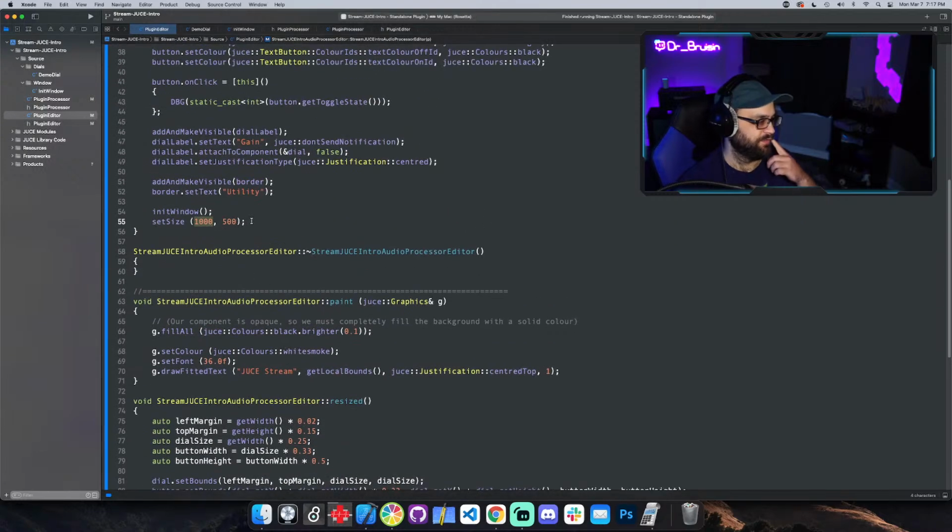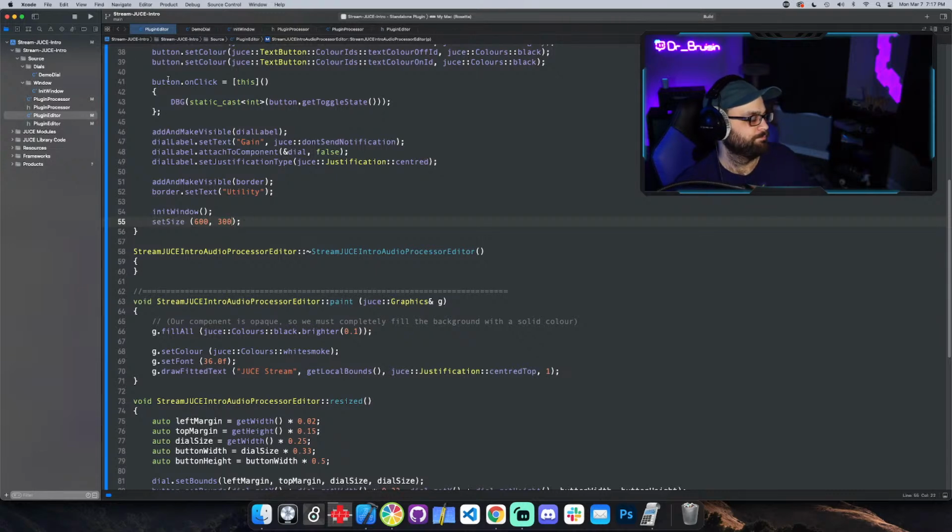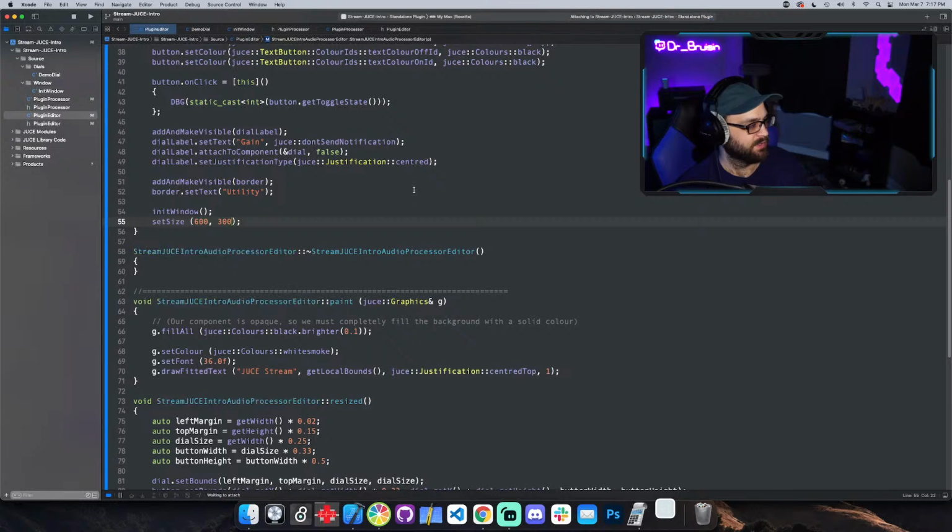It's 250, but that's because it's based off of this width. So let's make it, I don't know, 600 by 300. Is that big enough? That might be too small on small computers. I don't know, but